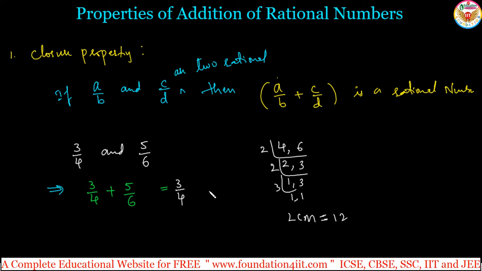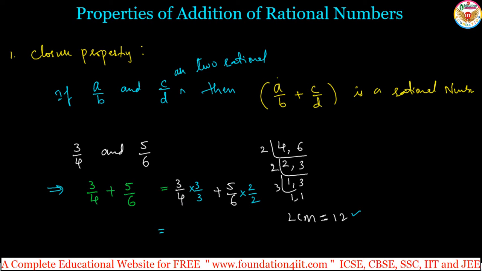Here is the given: first one is 3 by 4 plus second is 5 by 6. Now check what number should be multiplied. Here the denominator is 4, but I need the denominator to be 12. So multiply by 3 by 3, because 4 threes are 12. Multiply the same number for the numerator, so the value does not change. And 2 by 2, because 6 twos are 12. Multiply the same 2 for the numerator also, for 5 by 6. So 3 by 4 into 3 by 3 plus 5 by 6 into 2 by 2.